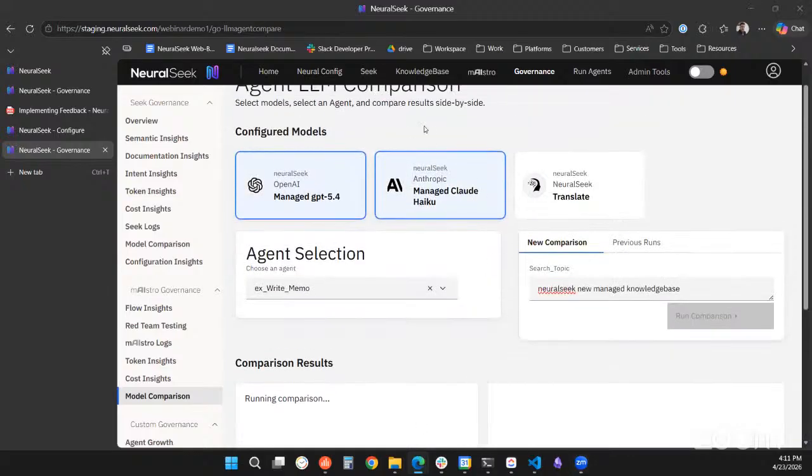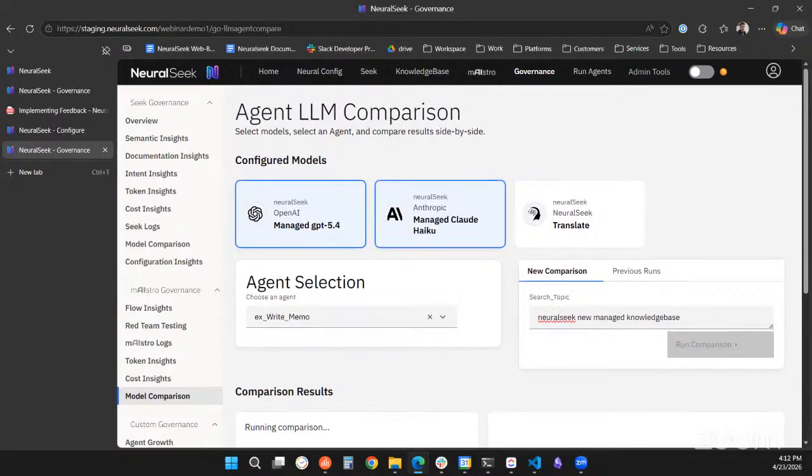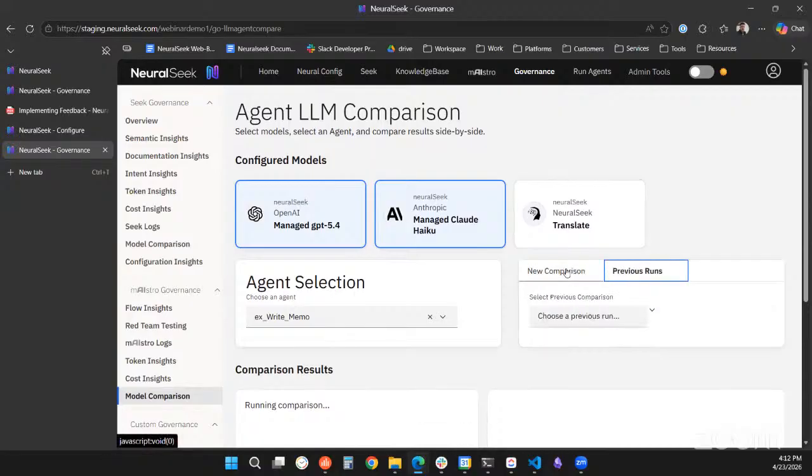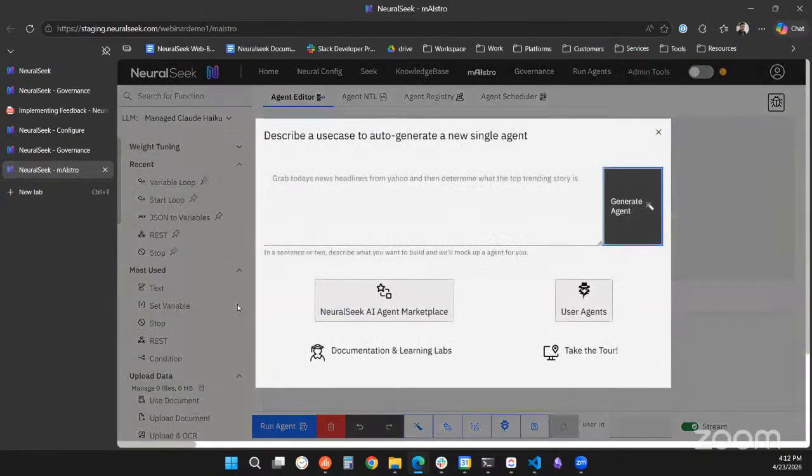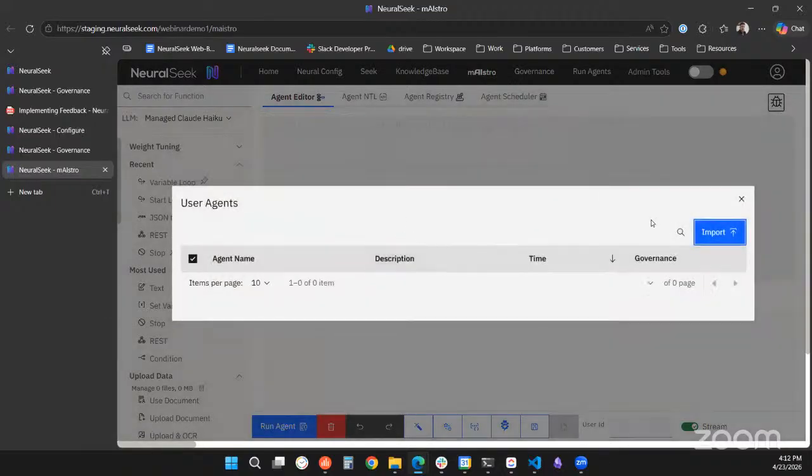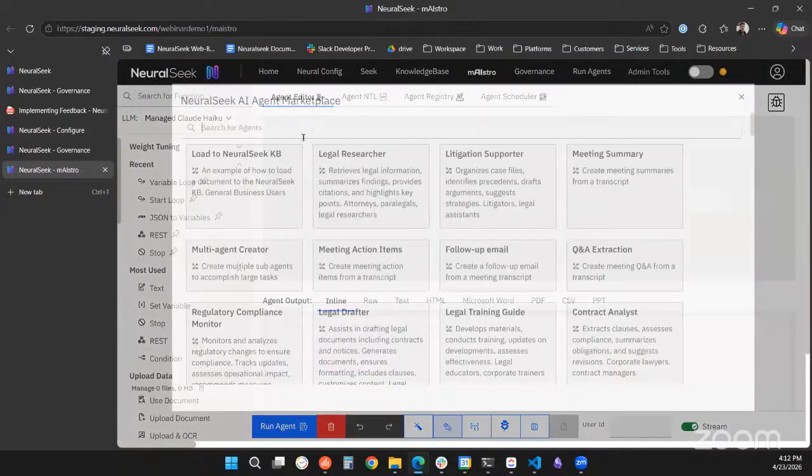I think that's really everything I had to show you for new stuff from this month. We have tons of stuff from last month that I'm going to highlight really quick. So we have new Maestro Plan and Act nodes. So you're able to come in and